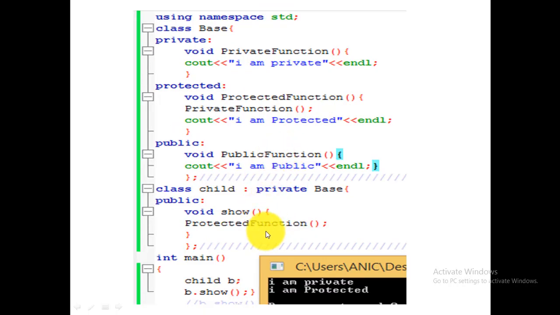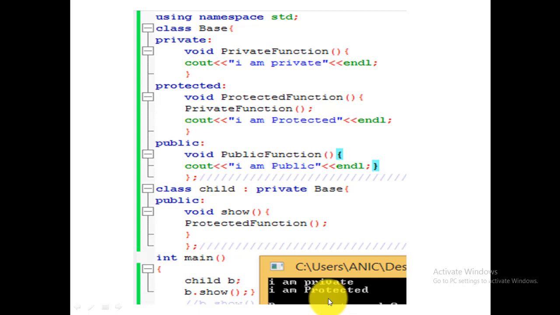As you can see in this example, this is the private function, and in the protected function we call the private function. And here in the child class show function we call the protected function. That is allowed because protected members are allowed to be used in the child classes in a single inheritance. Here we call b.show, and it simply prints I am private and I am protected.